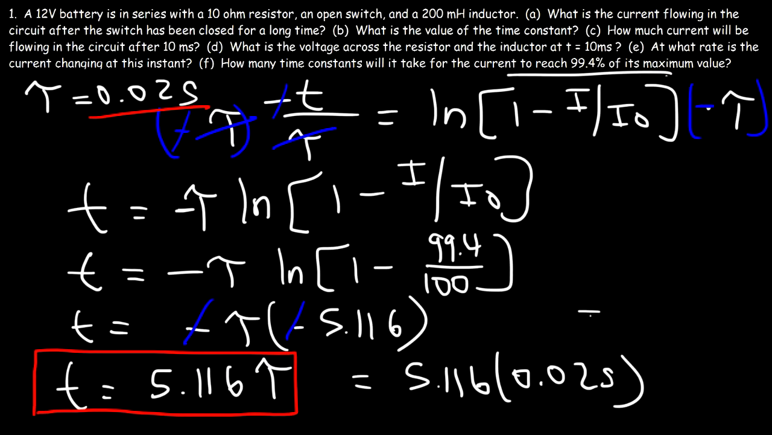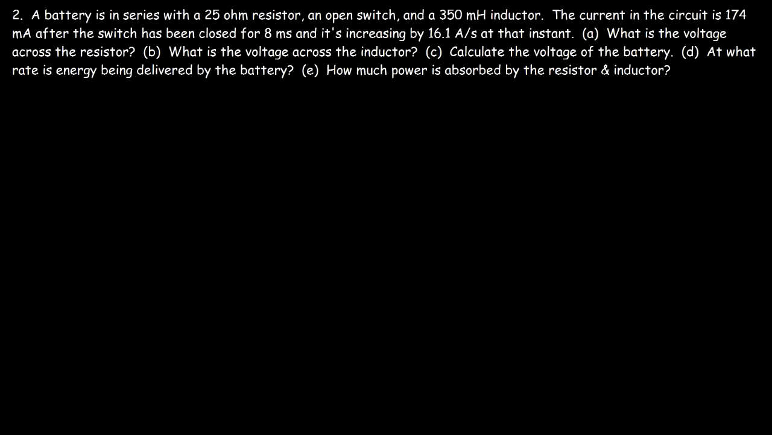So that's about 0.102 seconds. That's how long it's going to take, in seconds, for the current to reach 99.4% of its maximum value. Number 2. A battery is in series with a 25 ohm resistor, an open switch, and a 350